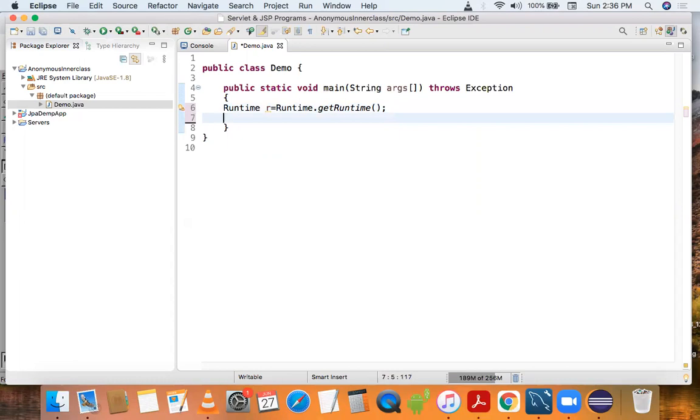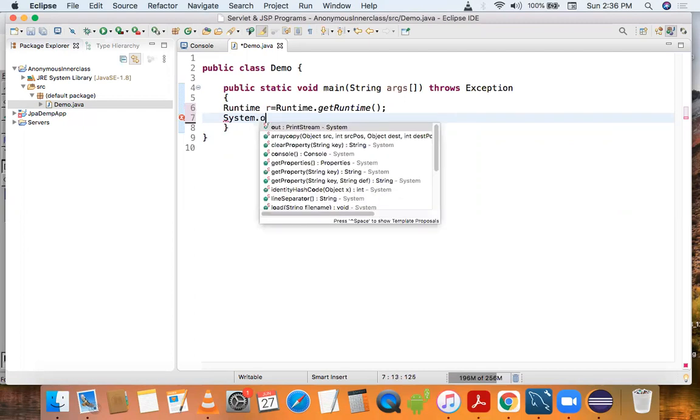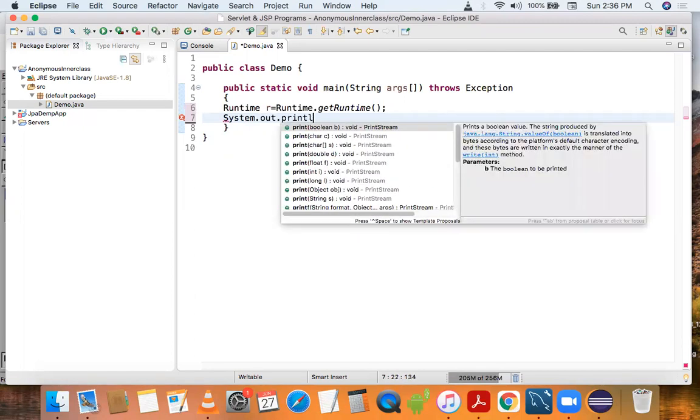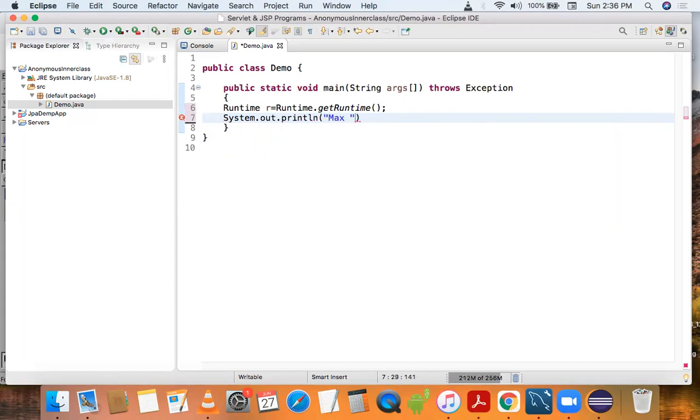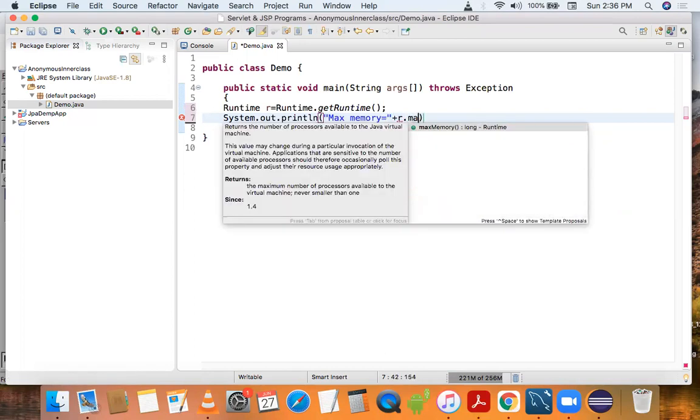Through this object we can get information like total memory. System.out.println maximum memory, r.maxMemory().